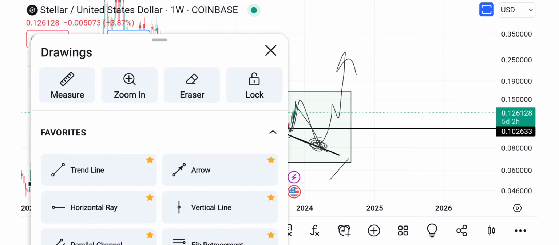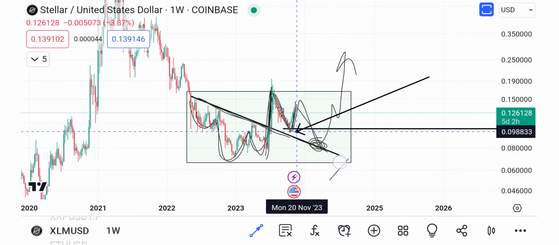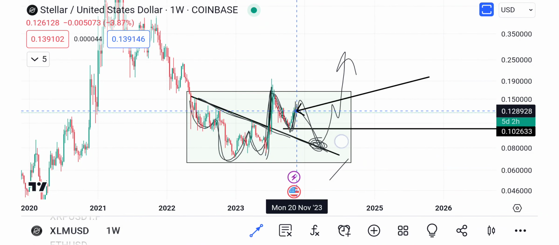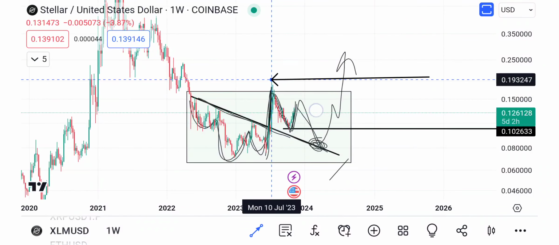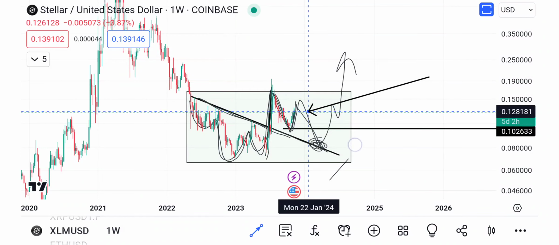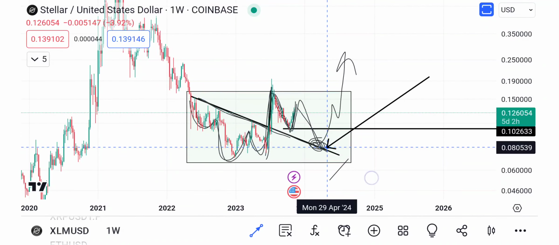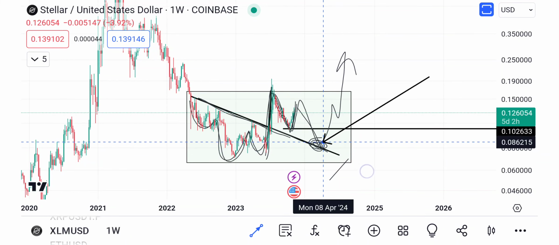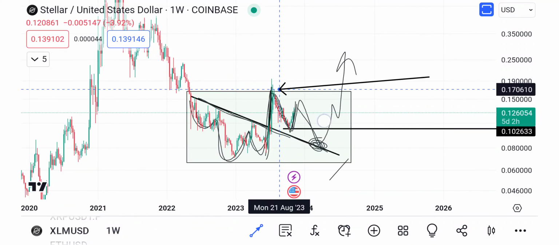This wave right here, the wave we're in at the moment, if we can get above the A wave, then it invalidates it, right? If we can get above. But if we start going down and then break this low, it's not the end of the world. We're just probably going to backtest the neckline. If we break above